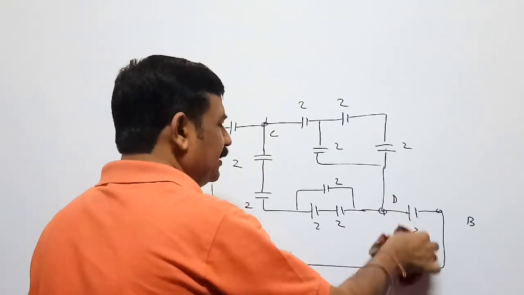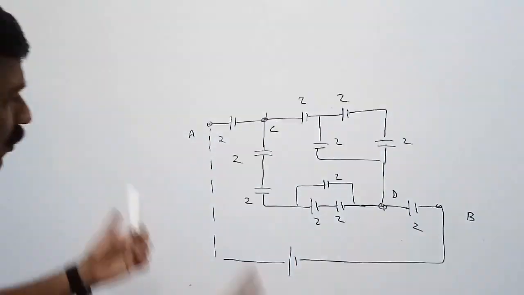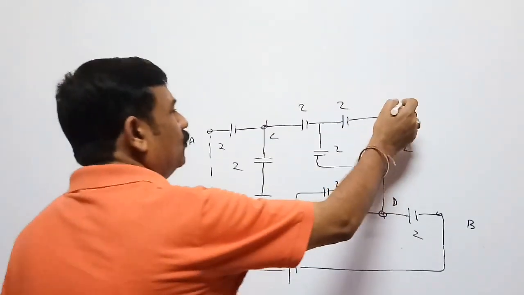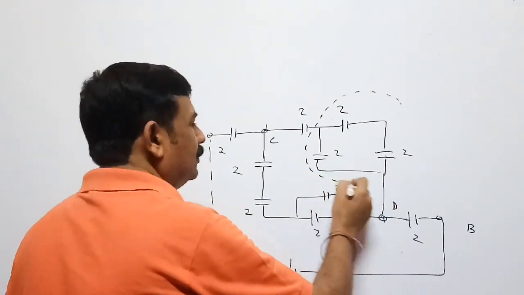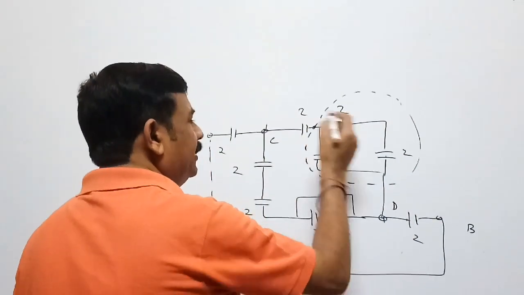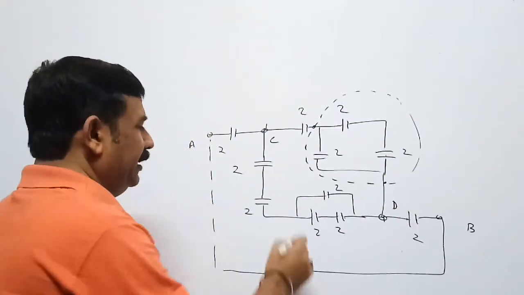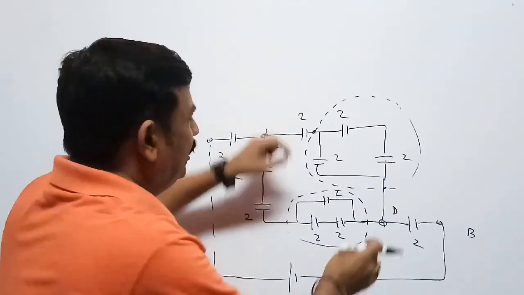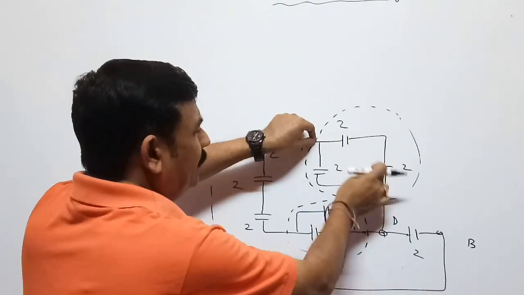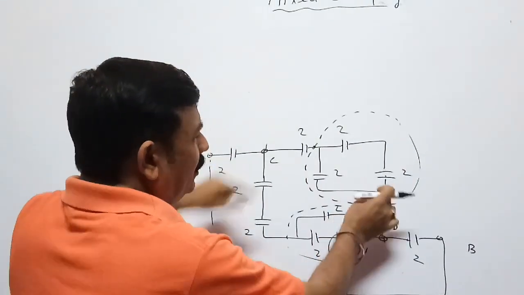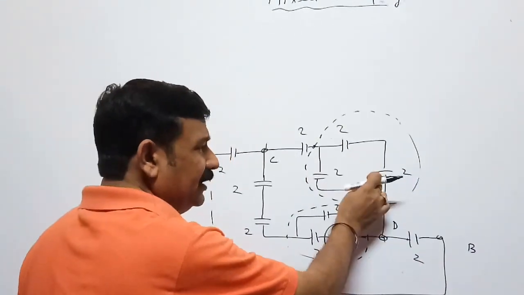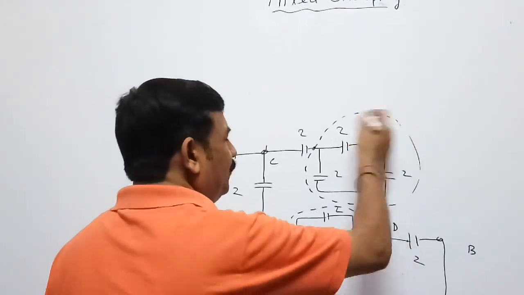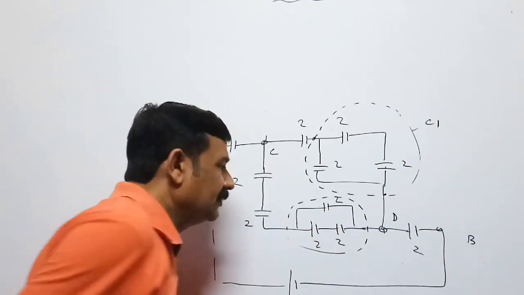Now after removing this fake capacitor, again we will go to that discussion which we have just done. It is a subgroup having one entry and one exit. It is a subgroup having one entry and one exit. So with respect to these two, they are in parallel. If we stretch, they become straight. They are in series, sorry, they are in series. That one and this one are in parallel. So net capacity of this subgroup comes as C1.